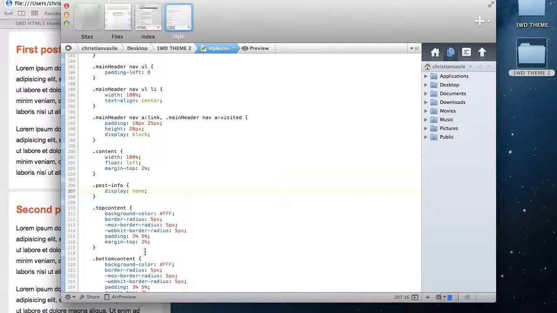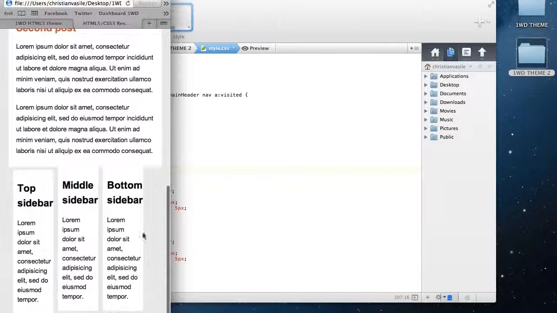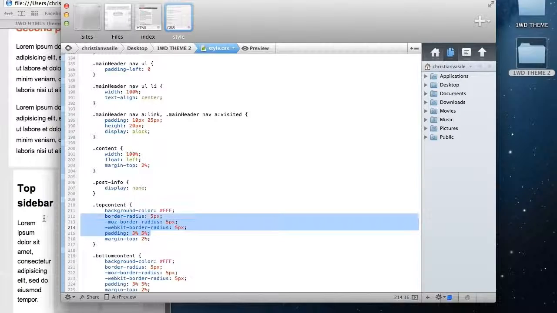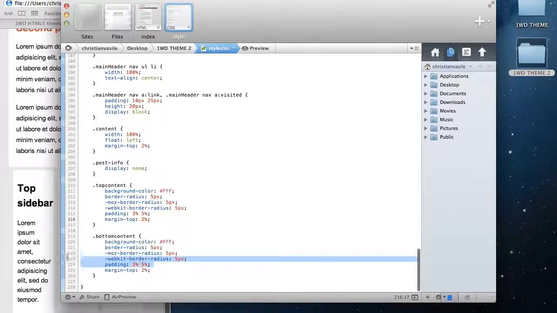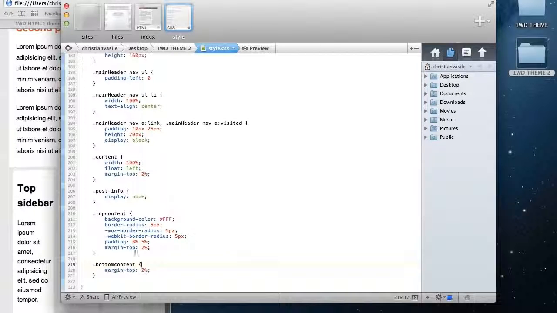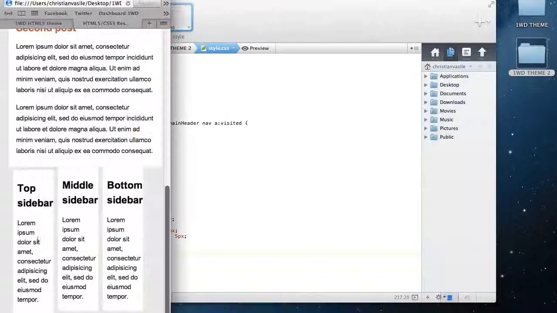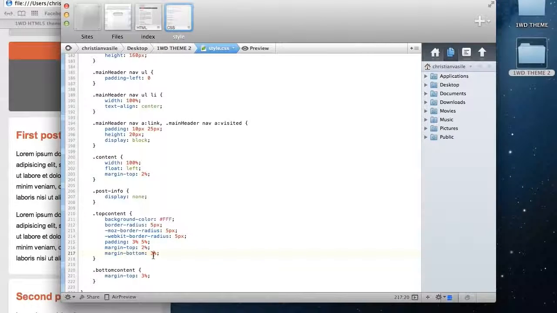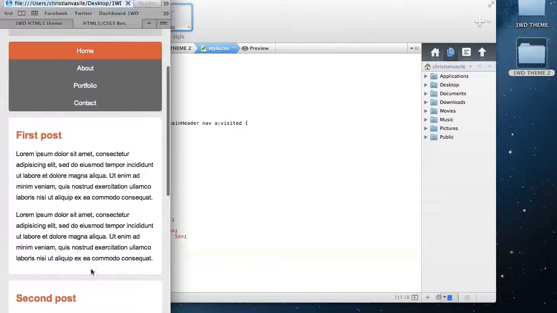Why I still wanted to keep this bottom and top content is because I'm not so happy about those margins, and I'm a freak with margins. So let's go here and say margin top. Let's give this one a margin top of 3% instead of 2%, and then to this one also a margin bottom of 3%. Looks much better, I think. Although you could give it 4%. Well, I said I'm not going to style it right now because we don't have time, so I'm just going